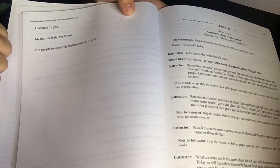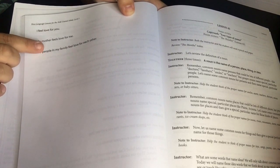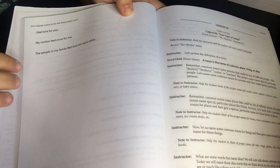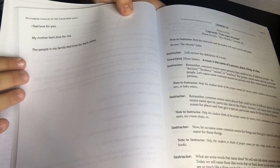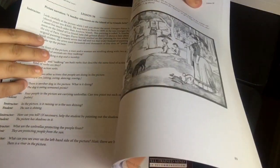There's 3 sentences, so they can choose a sentence to write. Now remember, these are first graders, so that's a pretty long sentence. That's quite a bit, especially since this is supplemental. This is not the only writing they're going to be doing for the day. So all of the lessons are pretty well the same. They do, like we talked about, have some pictorial narration. And then when you get to the very back,